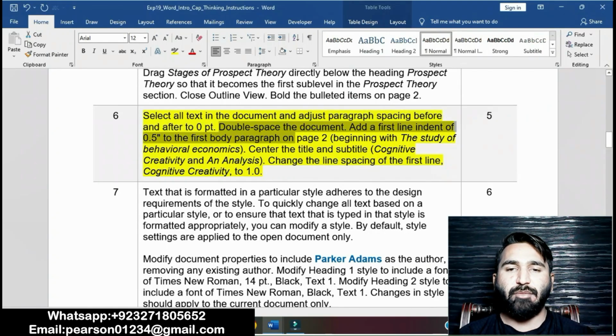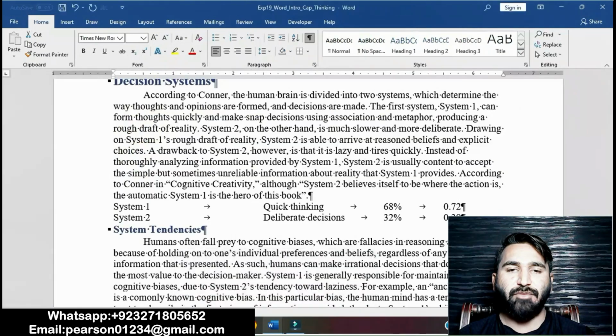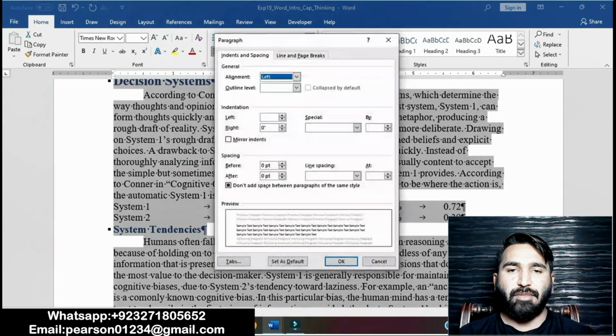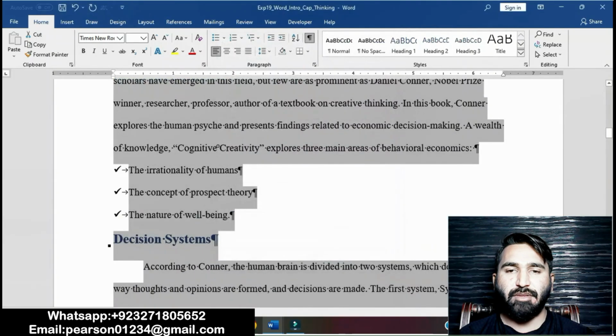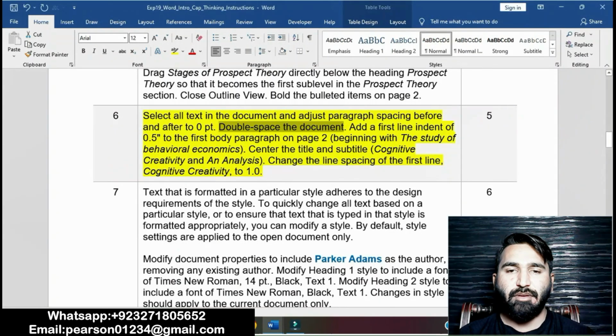Double space the document with a first line indent of 0.5. Go to paragraph, go to line spacing, double. Double space the document and set a first line indent of 0.5 to the first body paragraph of page 2.